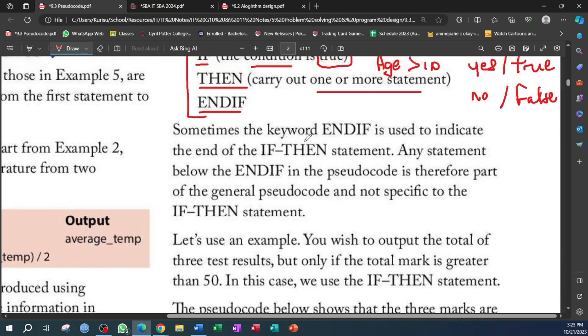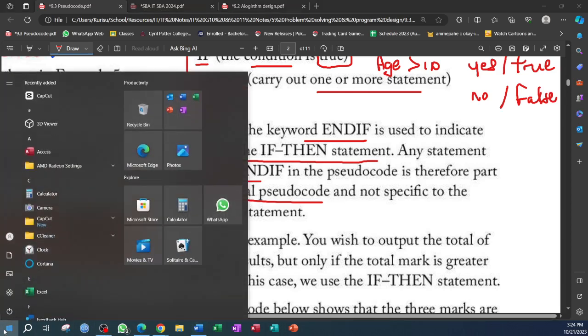So sometimes the keyword end if is used to indicate the end of the if then statement, as I already said. Any statement below the end if in the pseudocode is therefore part of the general pseudocode and not specific to the if-then statement. So what I mean by that is simply